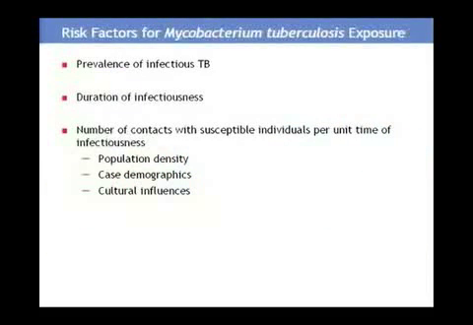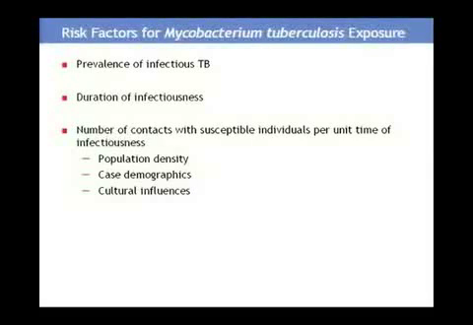So now we'd like to talk about the risk factors for Mycobacterium tuberculosis exposure. Now the risk factors for exposure and the risk factors for infection are quite similar. One of the most important is the prevalence of infectious TB in the environment that you are in. So if there are many people with tuberculosis, if you're in a very high prevalent, high incident area, then your risk of coming into contact with a person with active tuberculosis is considerably higher. And what also comes into play is your duration of exposure to a person who's infectious and the duration of infectiousness of an individual patient.